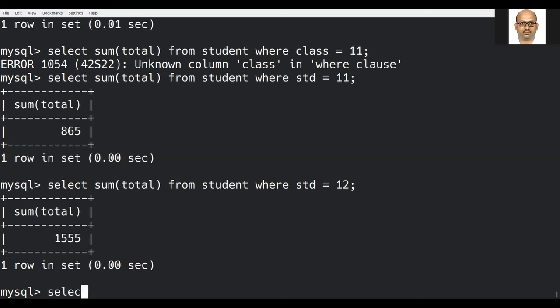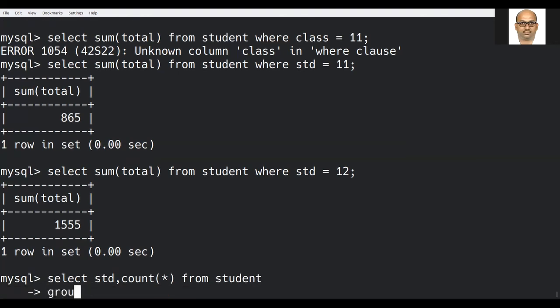Select std comma count star from student. I want to know how many students are present in each and every class, or each and every standard. How am I going to do it? Group by standard.